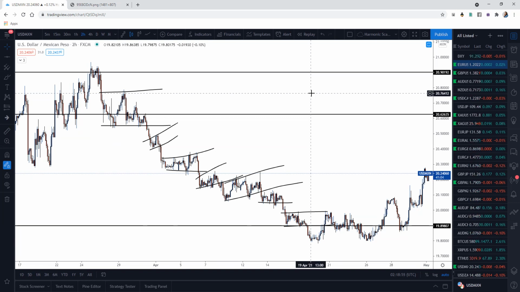And you are using horizontal lines, horizontal rays, or rectangular boxes to identify these zones. So when you're coming down to your entry time frames, which might vary for some of you, might be the 1 hour, might be the 30-minute, 15-minute, or even the 5-minute. You want to look at getting into your trade based on key levels. What is forming at key levels? So the flag is important for you,